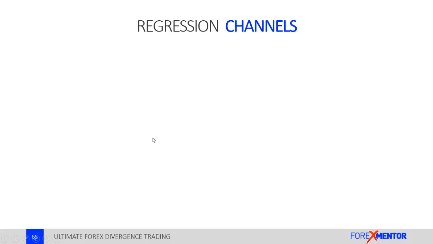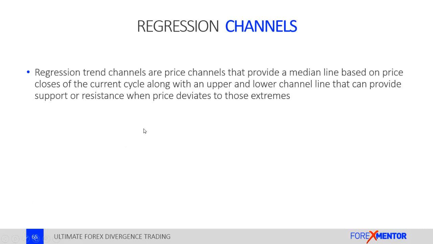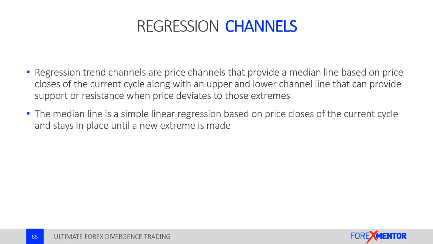Another tool we'll use are called regression trend channels. Regression trend channels are price channels that provide a median line based on the price closes of the current cycle, along with an upper line and a lower channel line that can provide support and resistance when price deviates to those extreme levels. The median line is a simple linear regression based on price closes of the current cycle